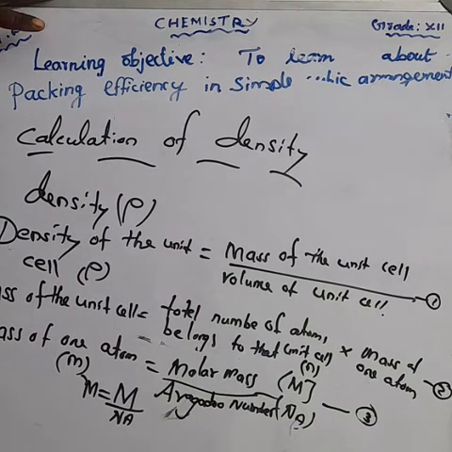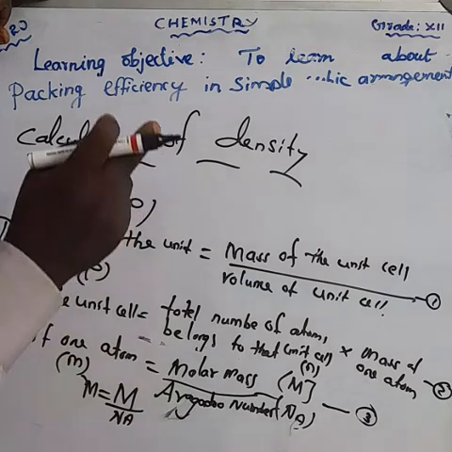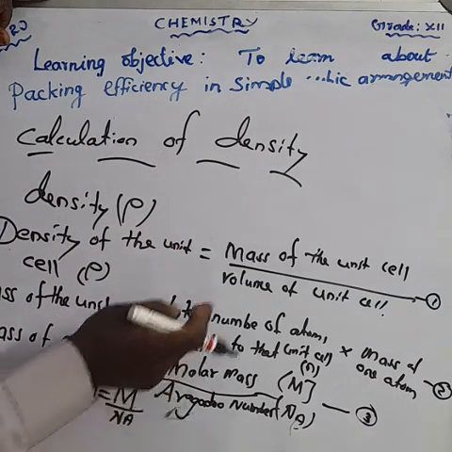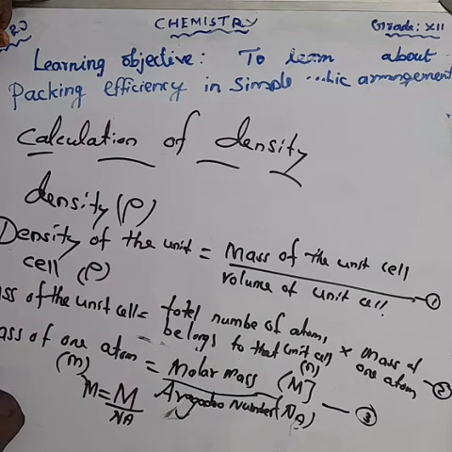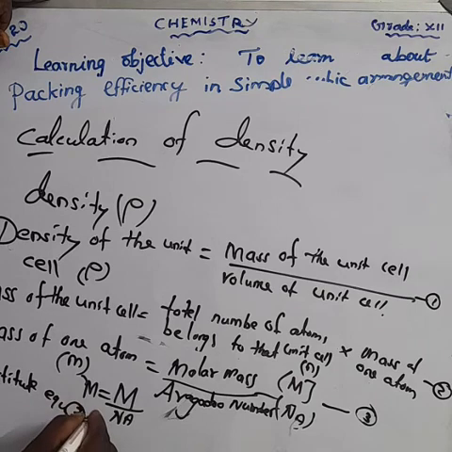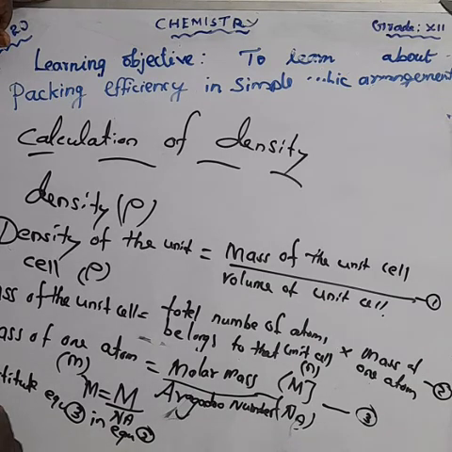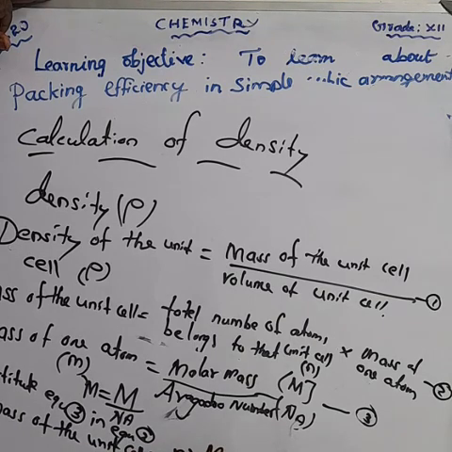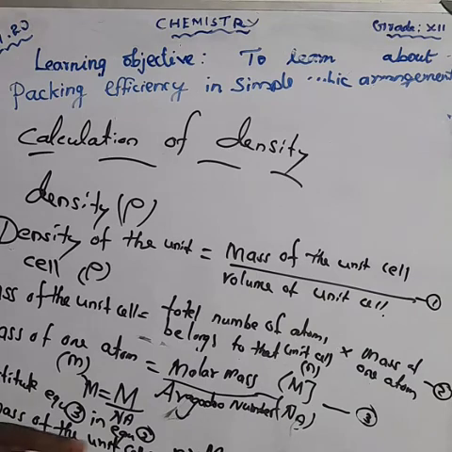Here, substitute equation 3 in equation 2. Okay? Here, what's the value? The mass of the unit cell is n into M divided by Na, okay? And also the volume of the unit cell. Already we learned that the volume of the unit cell